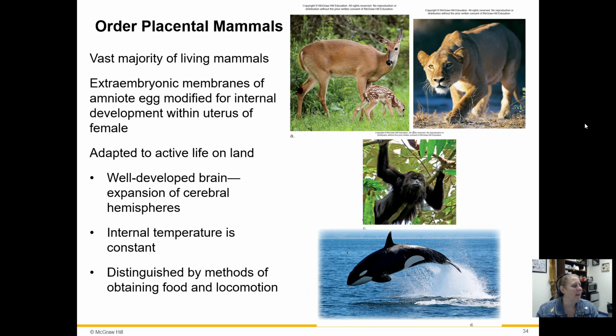Okay? And then we have our very last group, the one we're probably most familiar with because these are where we are included in, as well as our dogs and cats and things. These are your placental mammals, and this is going to have these extra embryonic membranes in the body that are maintained, and they become the placenta. The offspring develop within the uterus of the female with that placenta, and so as such, we see a huge array of where these animals can live, well-developed brains, very unique diversity within feeding classifications. The internal temperature is constant in these guys, and we often distinguish them by their methods of obtaining food and locomotion. So if you were a predator as compared to a prey,